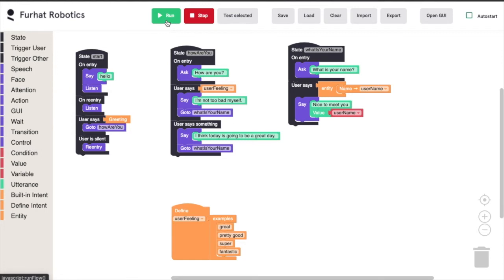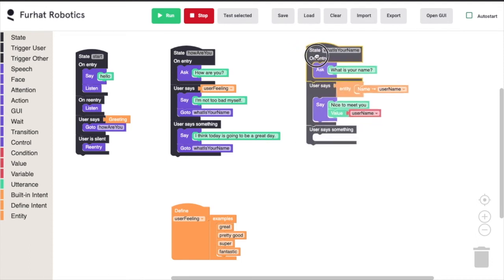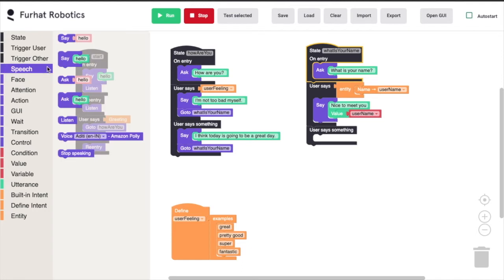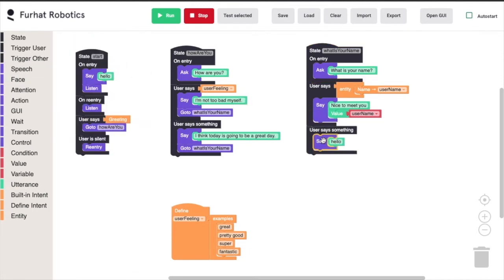So let's try this. Hello. Hello. How are you? I don't know, not doing so well. I think today is going to be a great day. What is your name? It will also be important to add a trigger here for user says something when we ask for the person's name. Perhaps the name was not in the list, and we want to make sure we have a nice behavior for handling that. So we can say something like, I